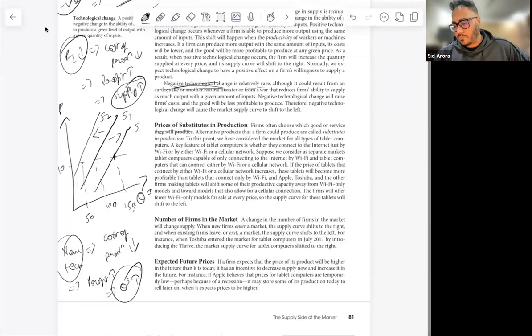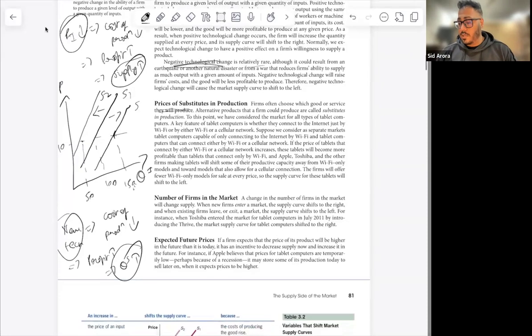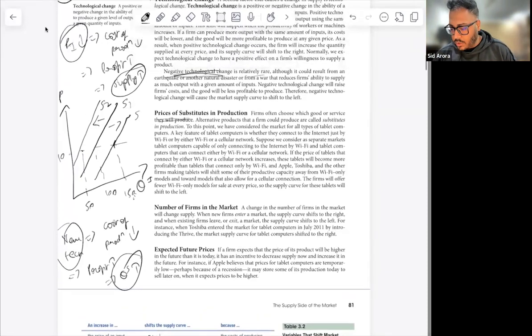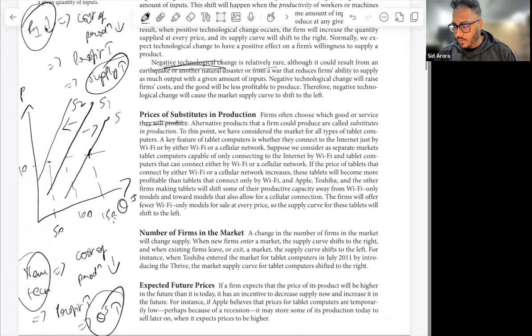So you have multiple types of goods that you can produce, right? Or multiple variations of the good that you can produce. So as the producer, you have to decide what's the best allocation of those resources. Okay, so that's what we mean by substitutes. So, for example, the example that I give here is,